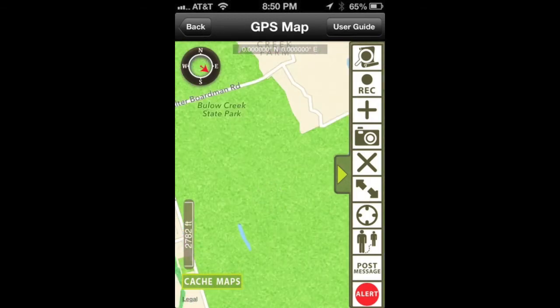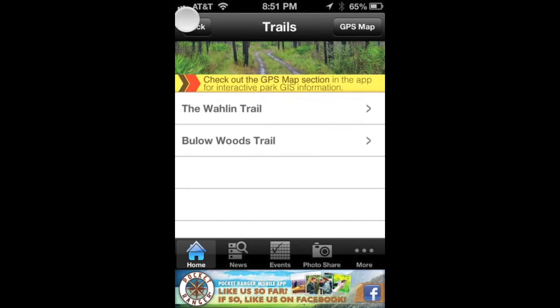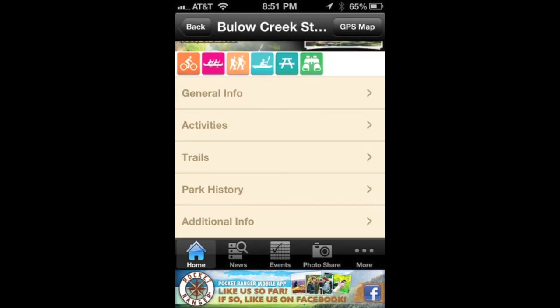There is a whole video that actually shows how to use the GPS. I haven't really gotten too into it. Might plan on using it for geocaching. And the neat thing about the GPS is you're not limited just to the state parks. You can actually use the GPS anywhere. If we go back to the main